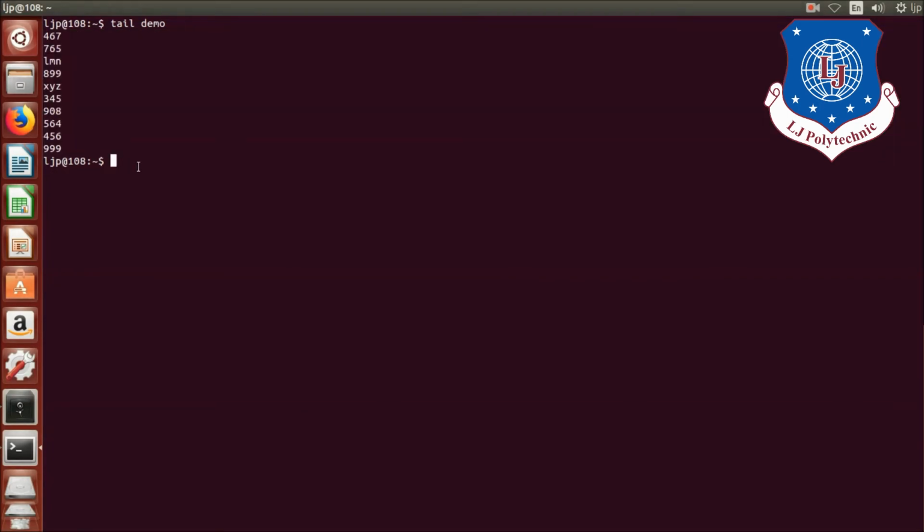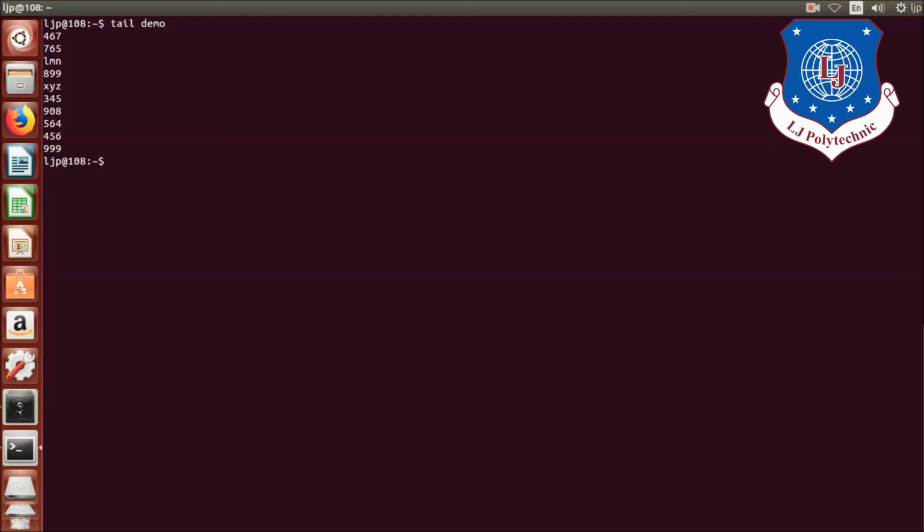Now in this command, if I want to display specific number of lines, then I will use -n option similar to the head command.